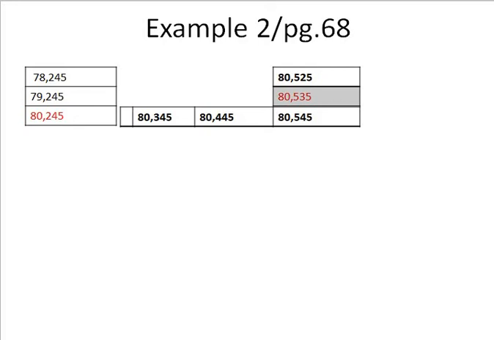In the first column, to the left, you can notice that the number was 78,245. Then the other number was 79,245. So you can notice that it's increased by 1,000. So 79,245 plus another 1,000 will be 80,245. While in the second column, they say it was 80,